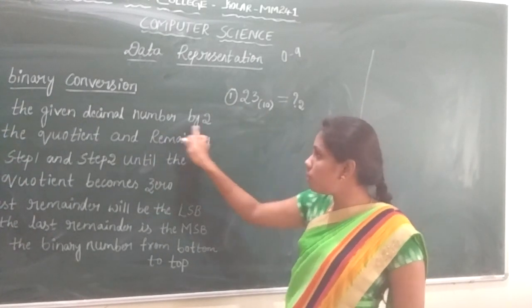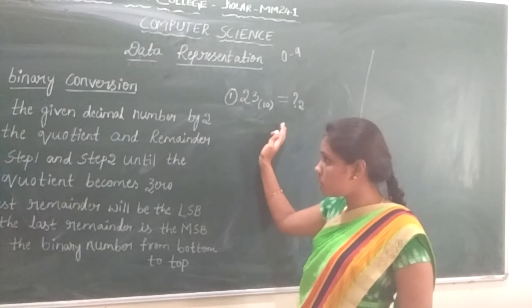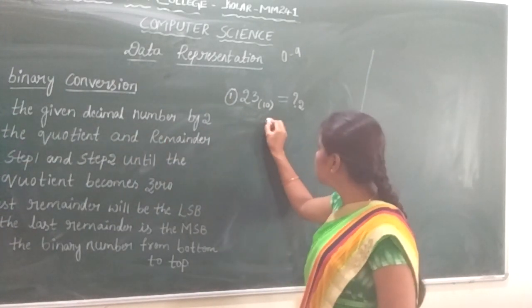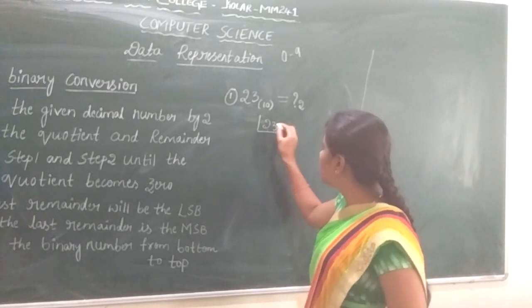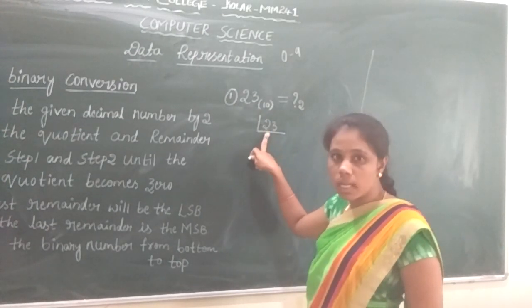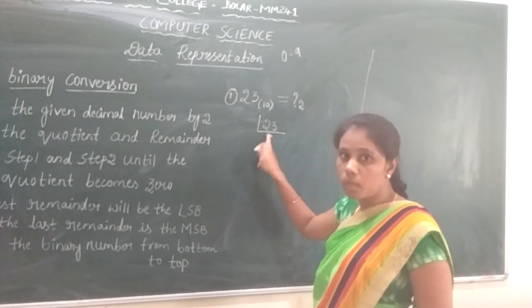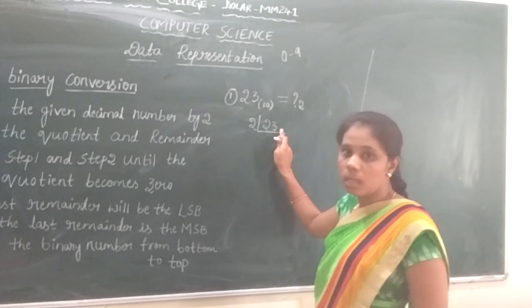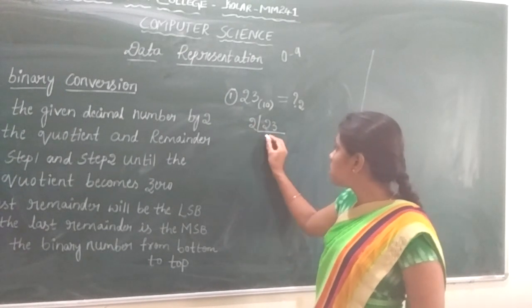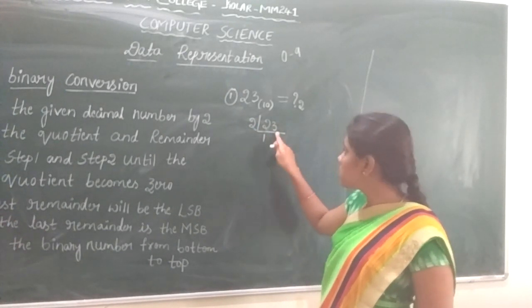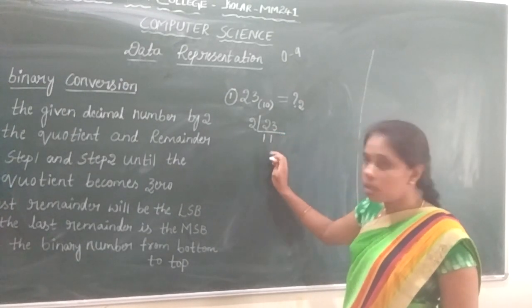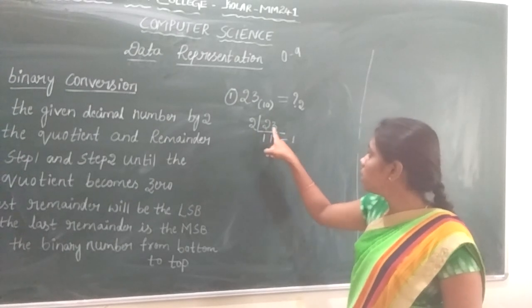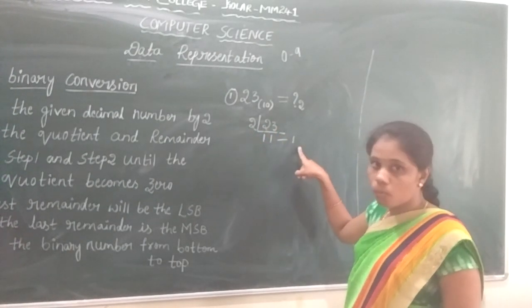So what is the first step while converting from decimal to binary? Divide the given decimal number by 2. So consider this is a decimal number. 23 is an example problem and this is your decimal number. You need to convert this to binary values. Now divide this 23 by 2. So 2 ones are 2, and next we need to divide 3. 2 ones are 2. What is left out here? Remainder is 1. Why? Because if I divide 3 by 2, you will get remainder as 1.